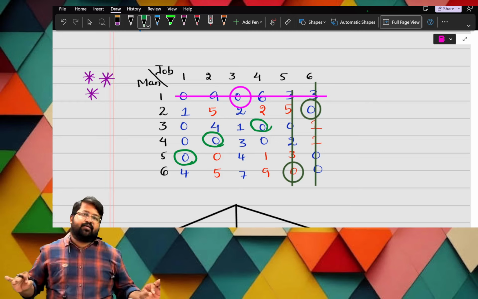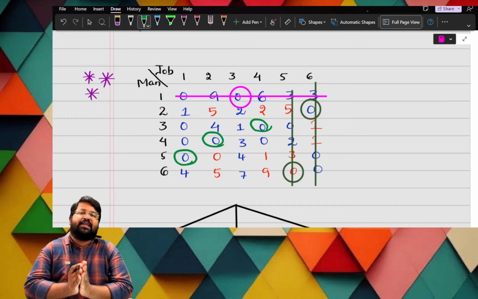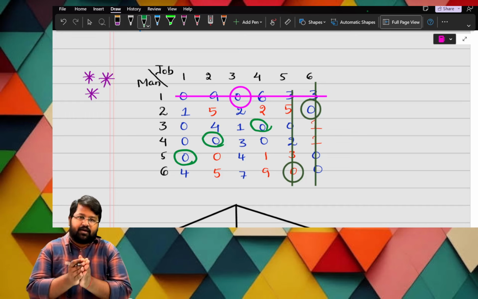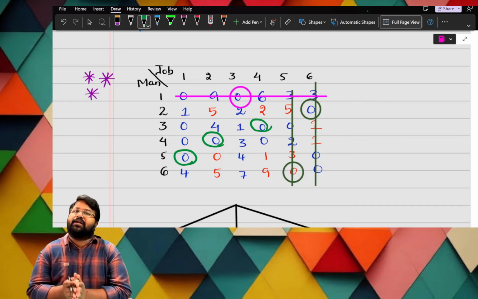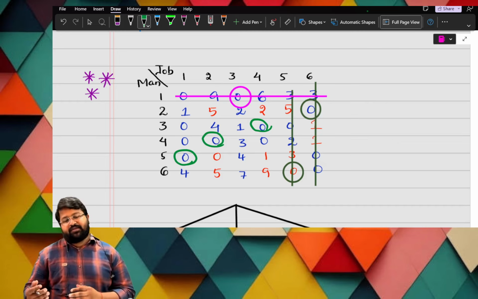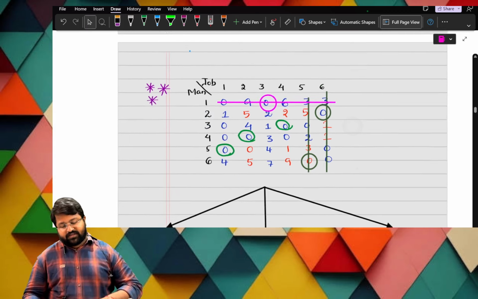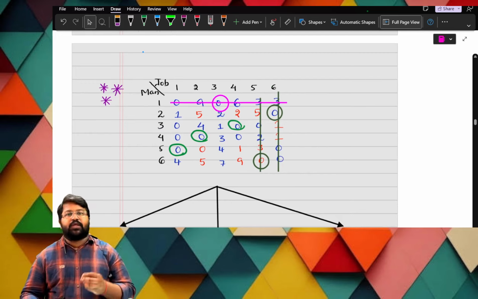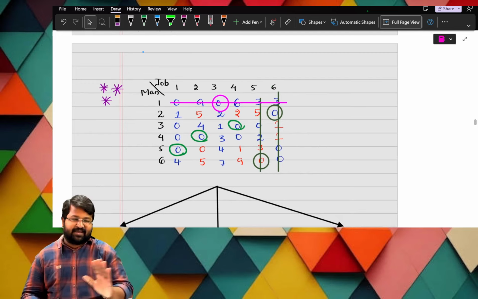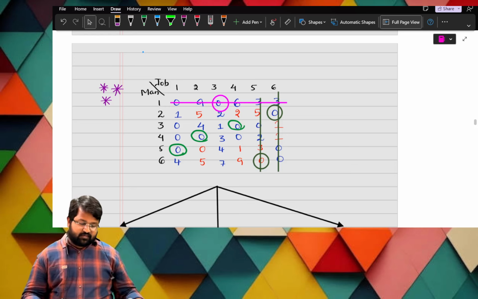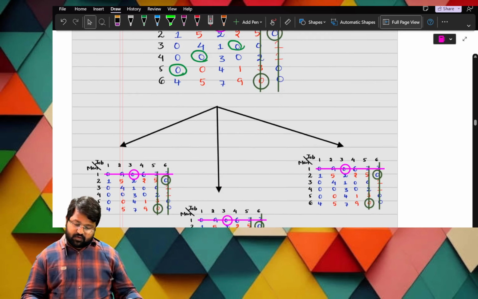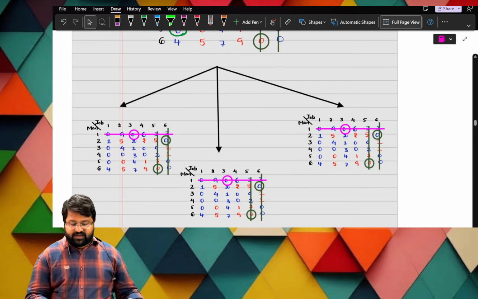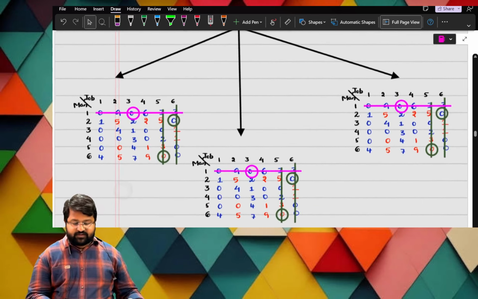It is perfectly done. So like this, if we make an allocation in the test for optimality process, this is called diagonal allocation. So I have mentioned the things, ma. For this, we are getting three alternatives. There are n alternatives. You try it, but the end result will be the same. So let us see the main thing, ma. These are the three ways I have. So I mentioned the three ways.